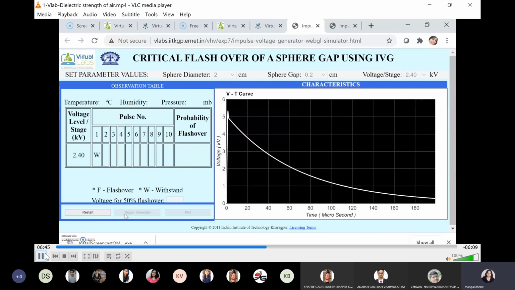Just watch. Okay, so it was not a spark, because this waveform is also a full impulse waveform. When lightning occurs, a waveform of such a kind gets generated: very high voltage, in kilovolts, within a fraction of a second, but its peak value goes on decreasing. So it is an impulse.